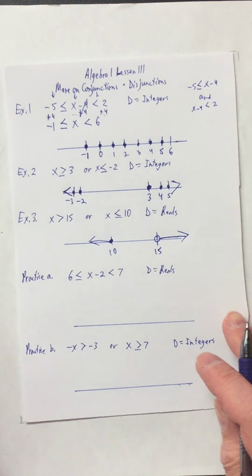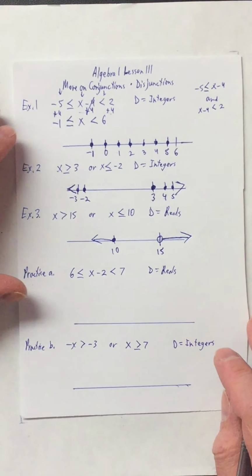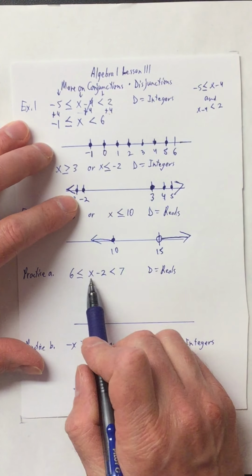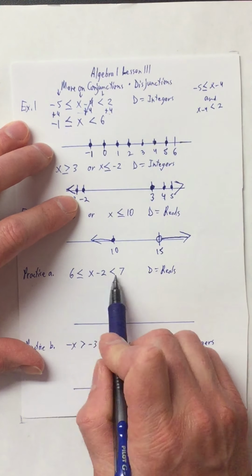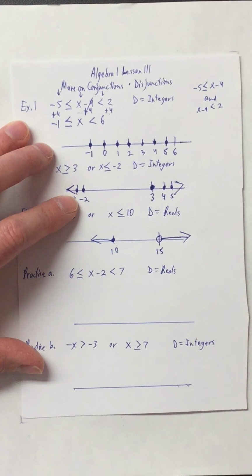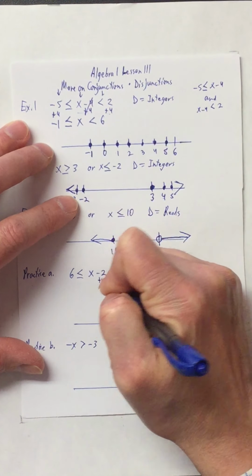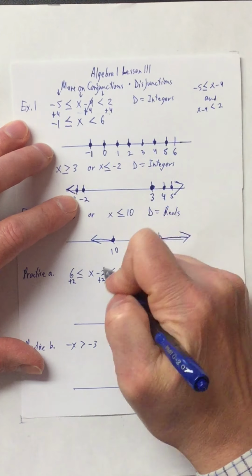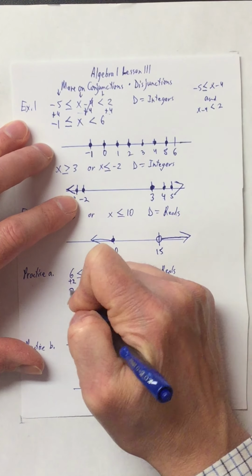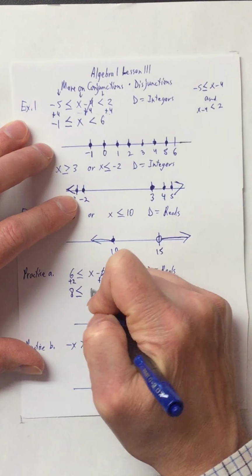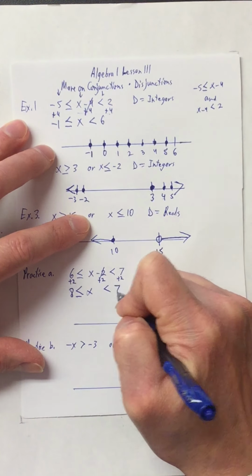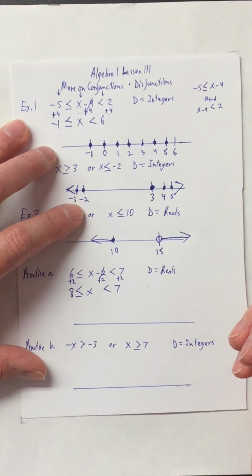All right, go ahead and work through the 2 practice problems and then check your work with my work. Let's look at the first one here. In the first one, it's written out as 3 parts here, and so that's a conjunction. I need to get x by itself, so I'm adding a 2 to my 3 different sections. It cancels in the middle. I get 8, and x is anything greater than or equal to 8, and then less than 7. So for this one here,